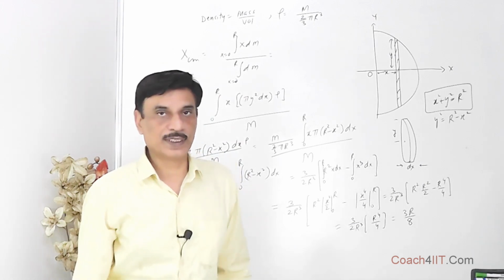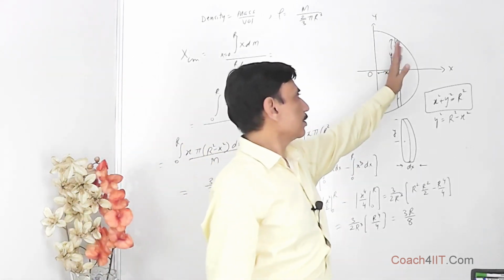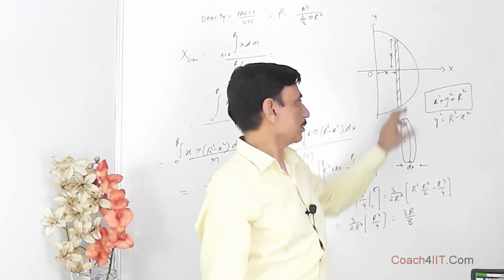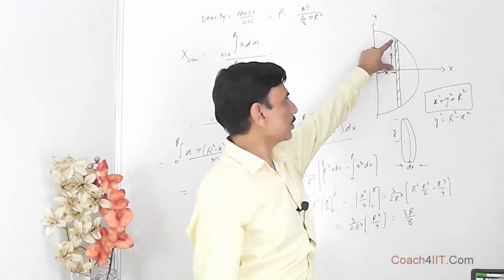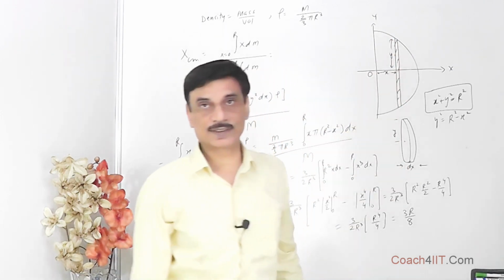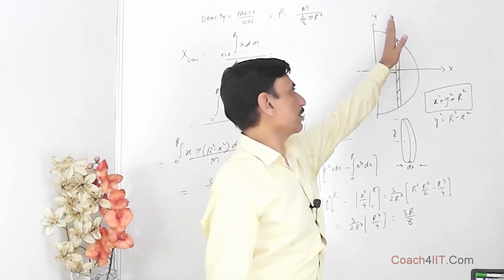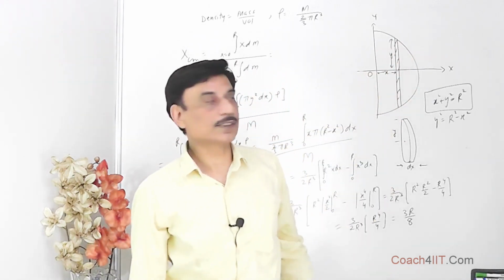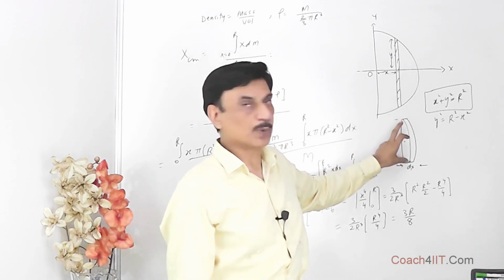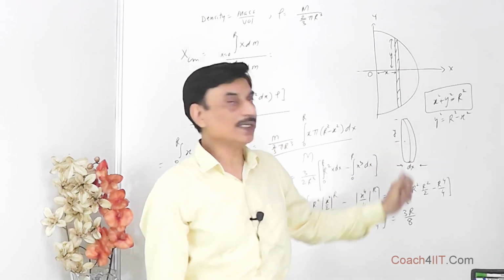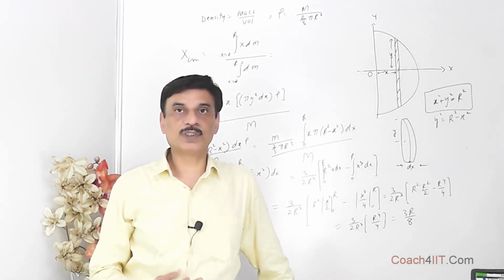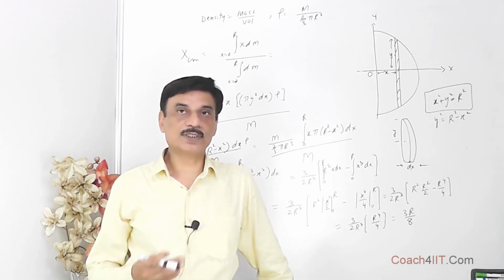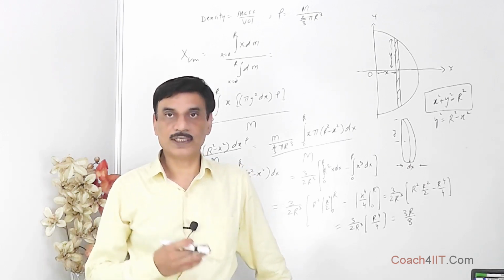As usual, what we do is, at a distance x, we take a small disk. It is a disk, radius is y and thickness is dx. So at a distance x, we have cut a very small section of thickness dx, which comes out to be a small disk of radius y and thickness dx. And then as usual, we shall be using the formula xcm is equal to integral x dm over integral dm